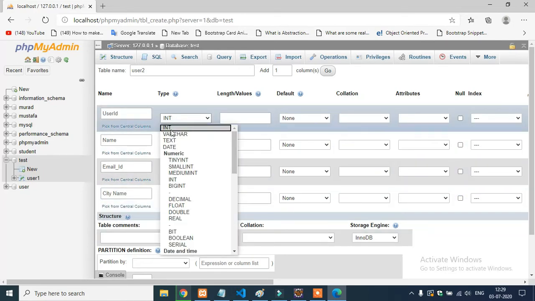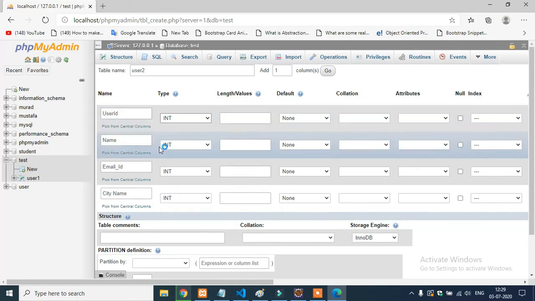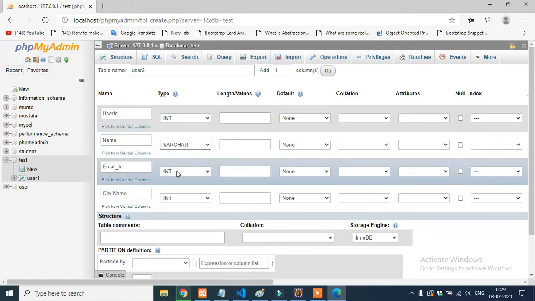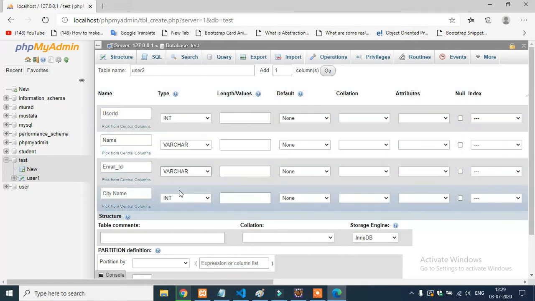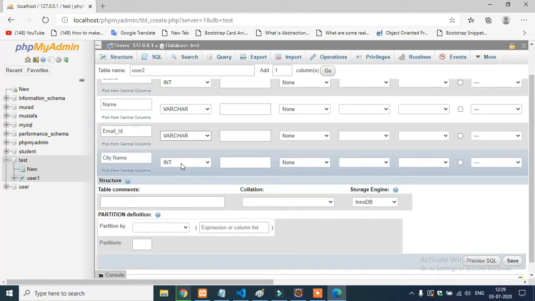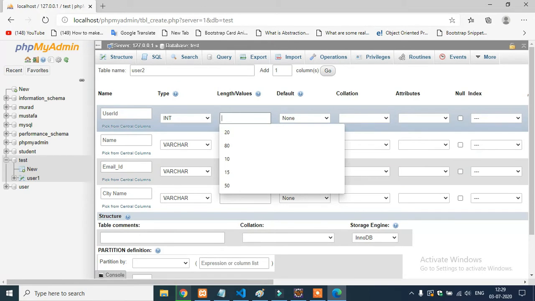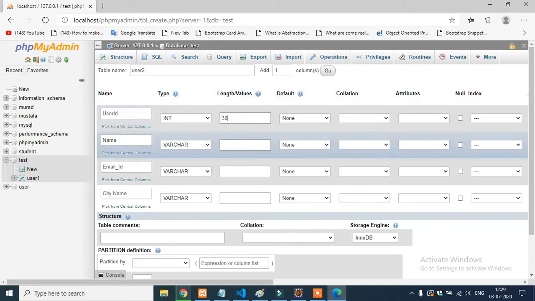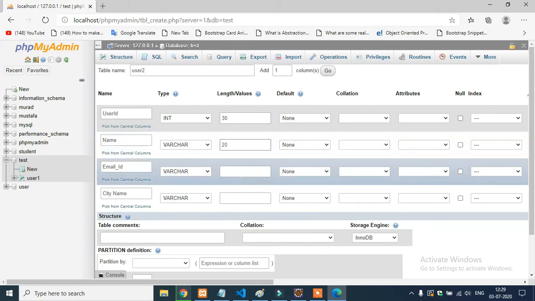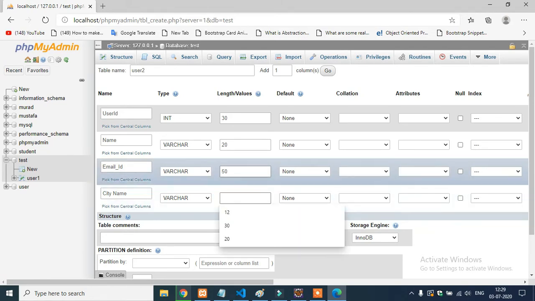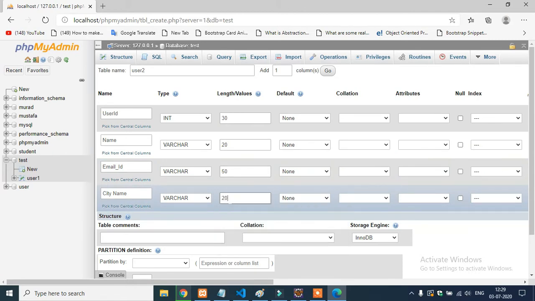User id, obviously, will be integer, and name will be varchar, email id will also be a varchar, and city name varchar. Let's define the size or length: 30 for the user id, name 20, and email id 50, because an email id can be too long as a string, and that's why I mention a size of 50, and city name 20.